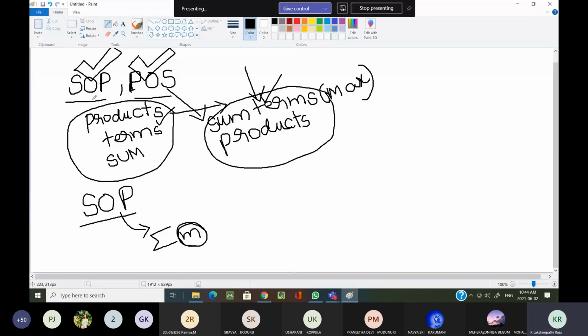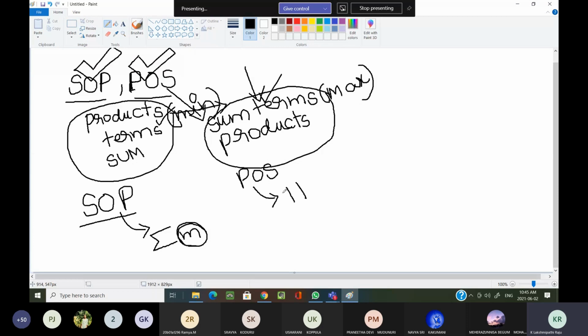And whenever we have SOP, we have min terms. Product terms are nothing but min terms. We perform the OR operation of min terms. Am I clear? I hope now you can understand. Now in POS we are performing the product operation. Now if it is a standard POS, how are we representing it?